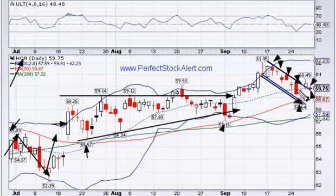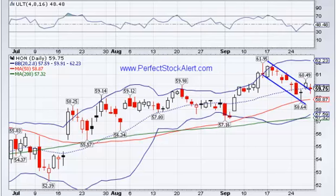You can even fall back into this box. But again, this is the main trade you're looking at here, and I expect next week you'll see a major move to the upside. The reason why there will be a major move, I'll go into that in tonight's market analysis video. But how I would trade this right now, you could be a buyer already of this particular stock